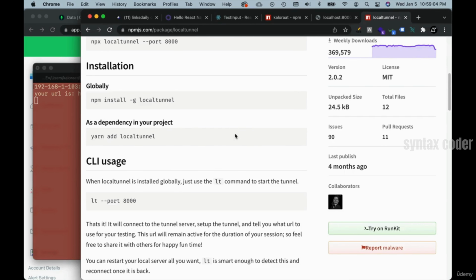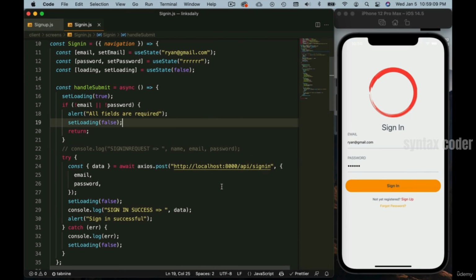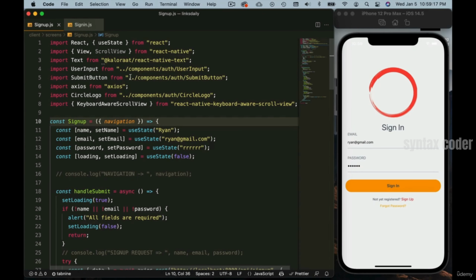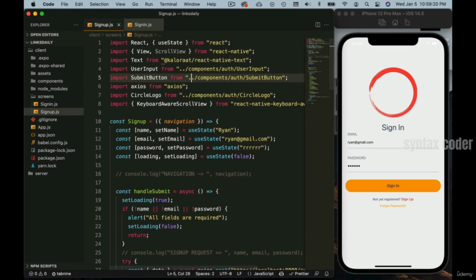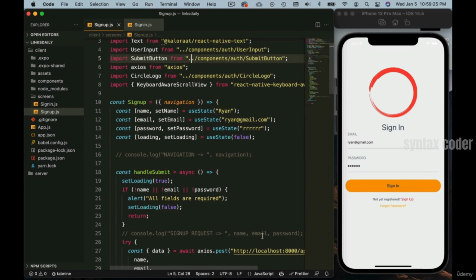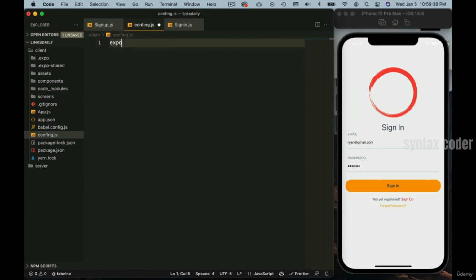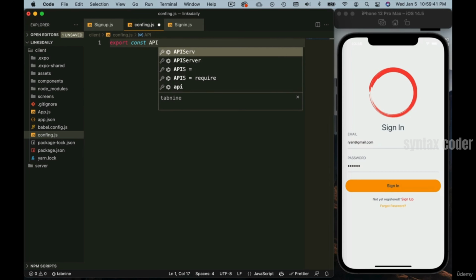Now that also means we have to come here and make a change, right? We could make a change here, but it's better if we create a config file so that we can put the URL there, so that we don't have to manually update each and every file. All right, so inside the client folder, let me create a new file. Let's call it config.js, and here export const, let's call it API, equals to,